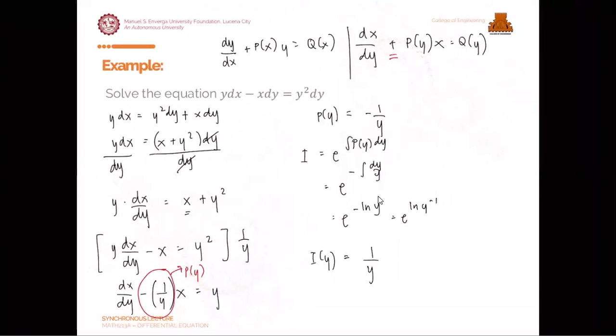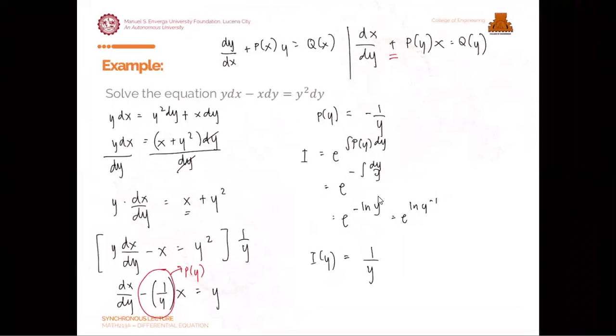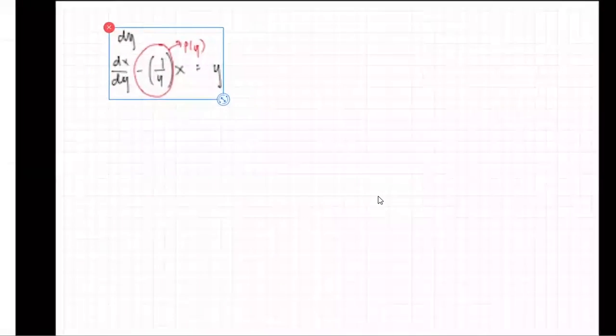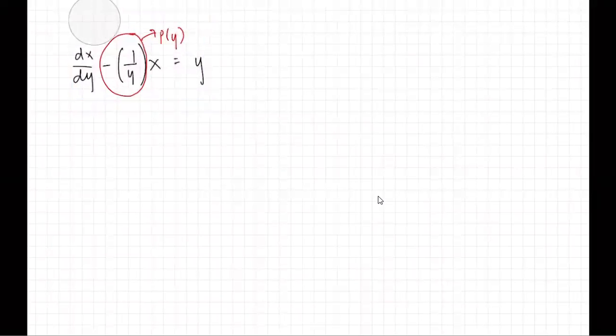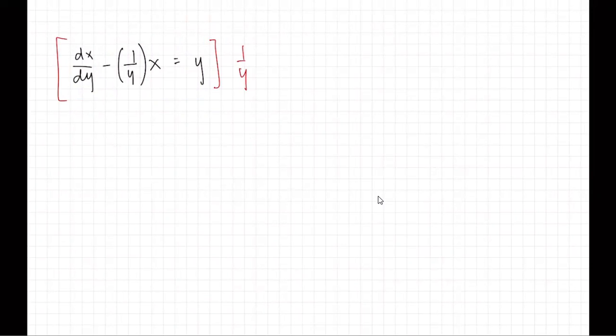So, multiply natin is yung linear form na. Okay? So, itong equation na to, ito na yung multiply natin ng integrating factor. Okay? Multiply natin integrating factor natin na 1 over y tsaka dy para ma-distribute yung dy. So, we have